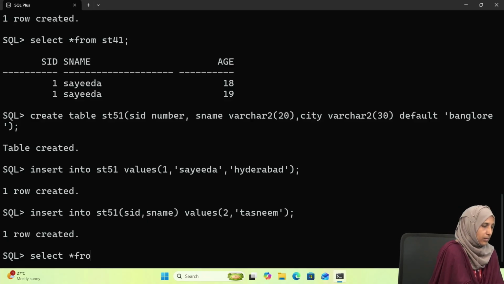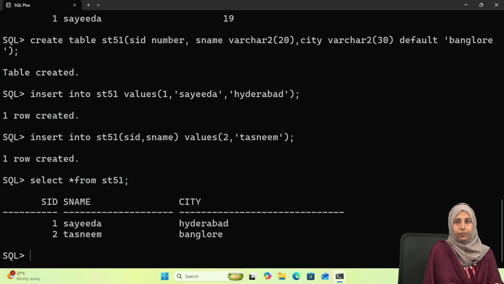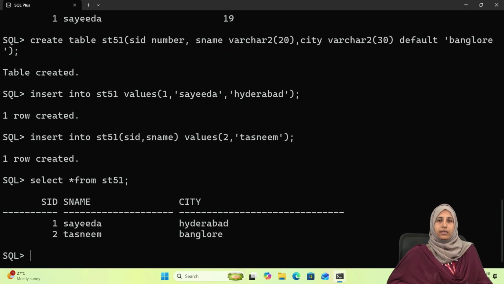Select star from ST51. See, for the first row, as we have explicitly inserted the city name, it has taken Hyderabad as the city for the first student Saida. Whereas for the second person, though we have not inserted any city name, by default, while creating, we have given Bangalore as the city, so it has taken Bangalore as the default city. So let us move on to the